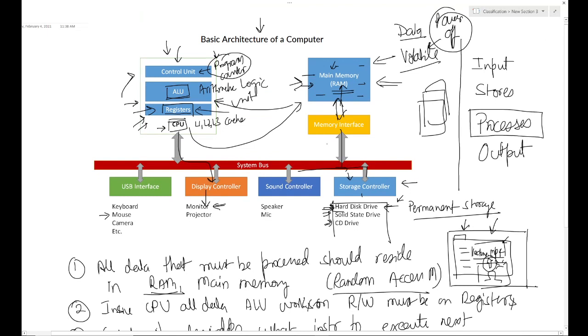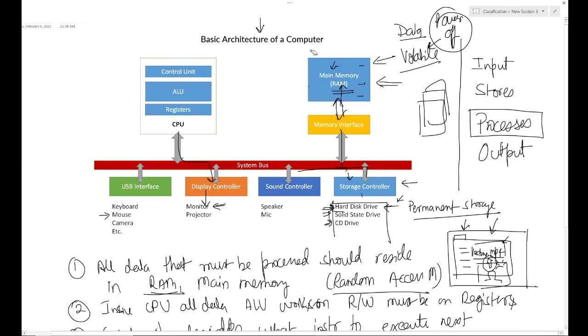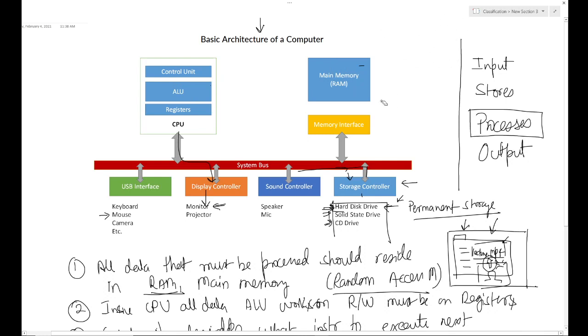Now we see that there are so many different types of memories here. We have our registers, right? And we have our random access memory. Then we have our hard disk drive and the solid state drive and things like that. Okay, so we have so many different types of memory over there. Why there are different types of memory, let us try to get some sense of that, or understand what this memory hierarchy is.